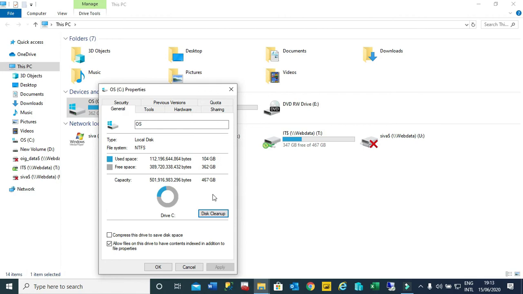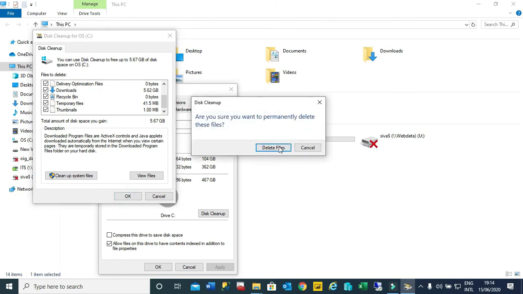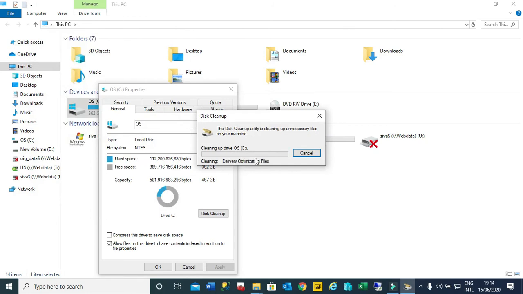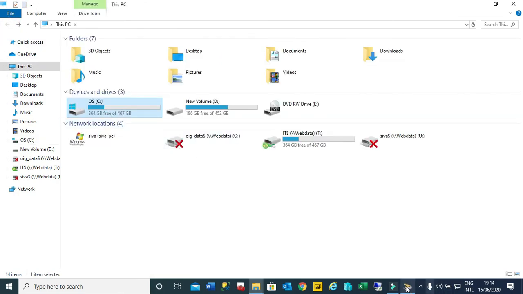Now friends, the cleaning process is completed. Again, when I go and click disk cleanup, now it is showing only 7 MB. Even if you check all this, there are still some more download files. Now from 21 GB it has come to 5.67 GB. So once again I will check everything and delete it, so that this 5.6 GB of data also gets removed from the C drive. So totally we'll be getting around 21 GB once we delete this. All this is getting reduced from the C drive, which is going to improve our C drive performance.